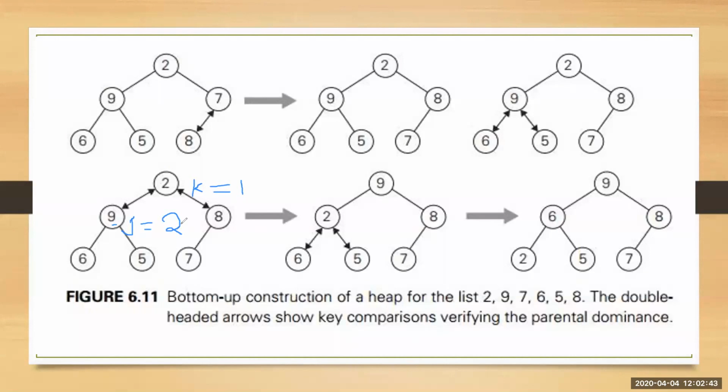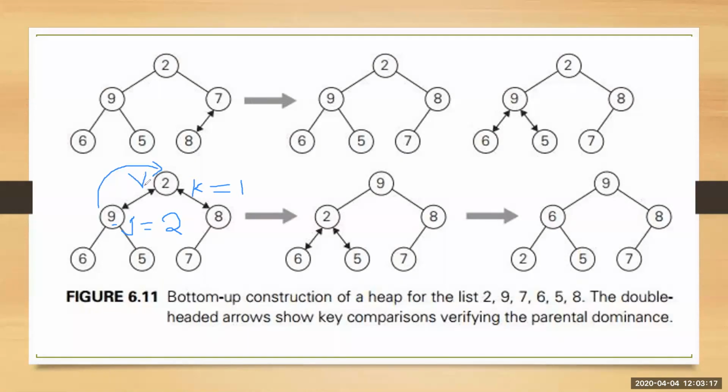Once you come to know which is bigger, the next step is you have to compare the bigger child with its parent. You're comparing 2 with this h of j. What is 2? 2 is stored in value v. You check whether v is bigger than 9. V is not bigger than 9. If v is not bigger than 9, then you take this 9 and store it in the place of 2.